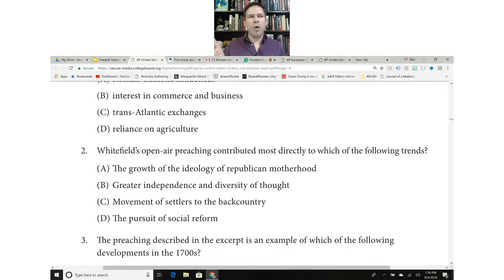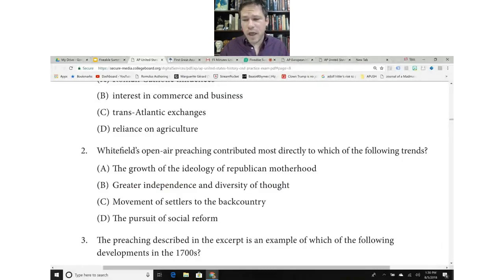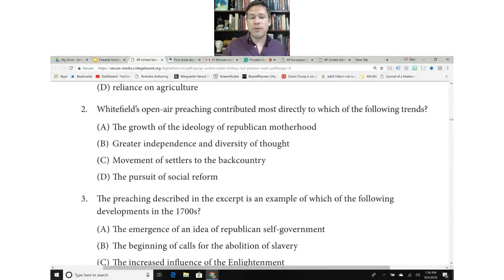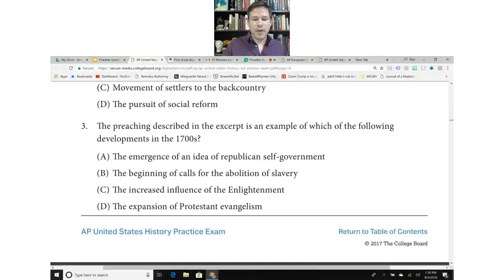If a general were to only go to battle when they're not going to leave soldiers on the field, they're never going to go to battle. And so eliminate the ones that can be eliminated, make a decision, move on to the next one. Okay. And so in this case, greater independence and diversity of thought, as long as the student's not overthinking, but AP students like to overthink. And that's something that has to be addressed with students that are overthinkers. I'm certainly an overthinker myself sometimes.